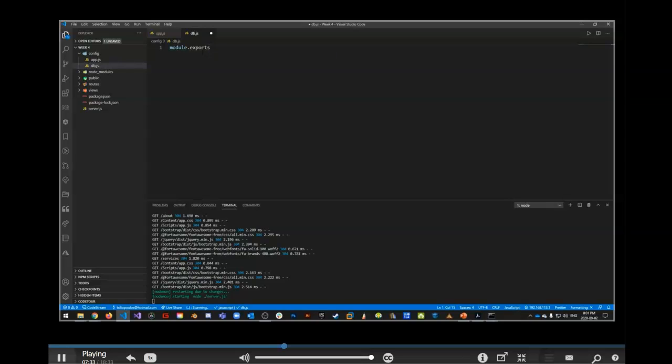I could connect a function. I could connect a variable. I could connect an object, which is what we're going to do. So we're going to connect an object. The object is going to look like this. Okay, inside of our object, we're going to have a property called URI. And our URI is going to be the following: MongoDB, right, is going to be the